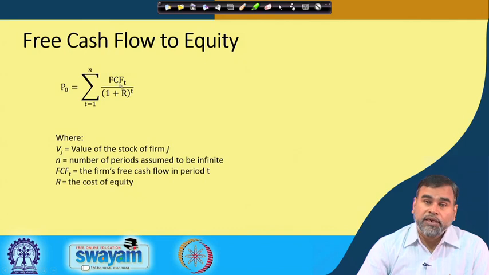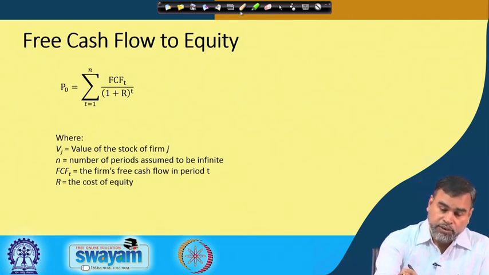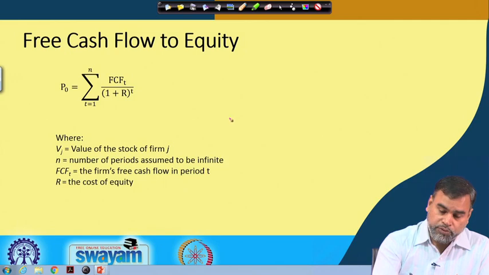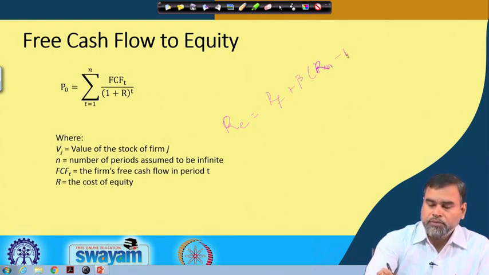Then if you have the free cash flow, the free cash flow is basically with respect to equity. So, here again your R is equal to the cost of equity. Once you calculate the free cash flow, you already have the cost of equity with you, and you know what the cost of equity is. Again I am reminding you, the cost of equity you can calculate as RE is equal to RF plus beta into RM minus RF,